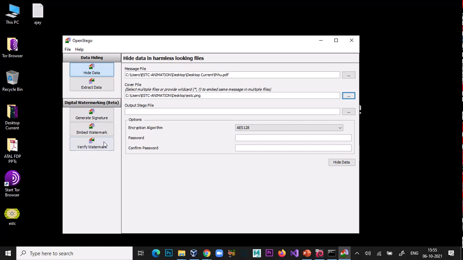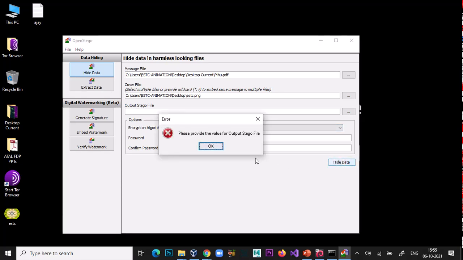Now here you are free to apply some advanced encryption algorithm. If you want to use some password, you are free to use that. Okay, hide data.